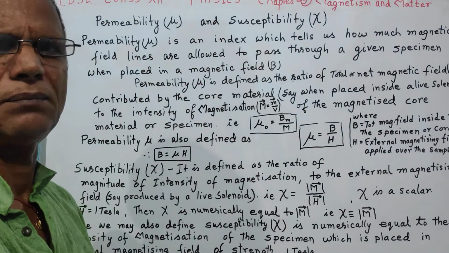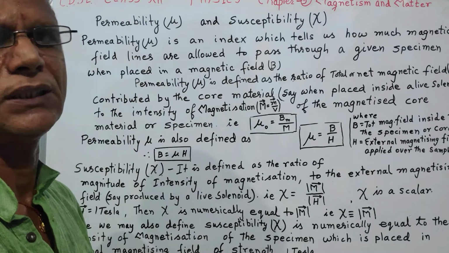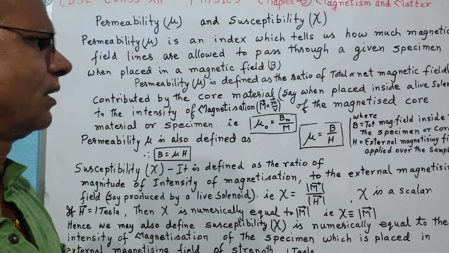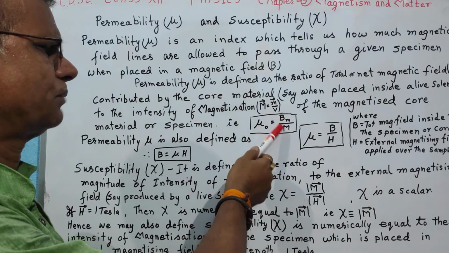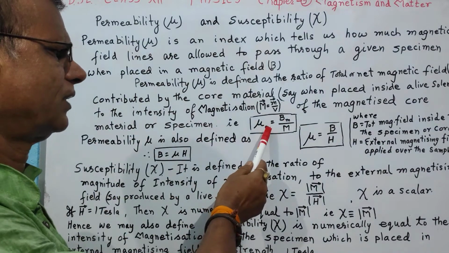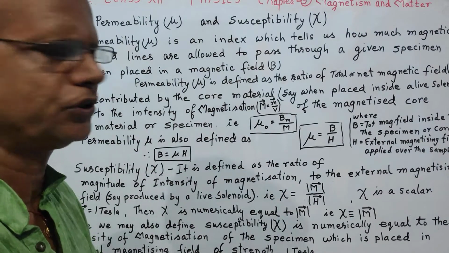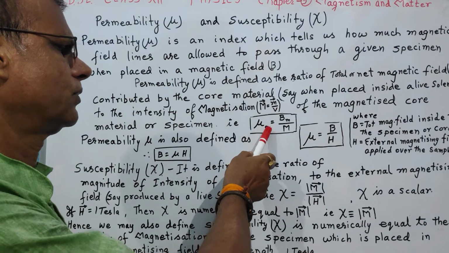It is total magnetic dipole moment per unit volume produced in the sample, and this ratio is known as permeability. It is constant for a given material. For air medium we use the symbol mu0, and if we have another medium we use mu,